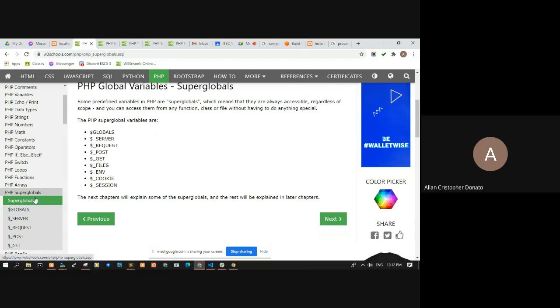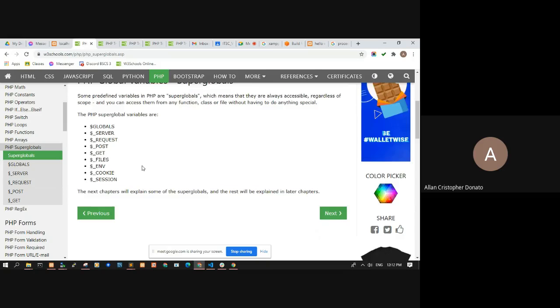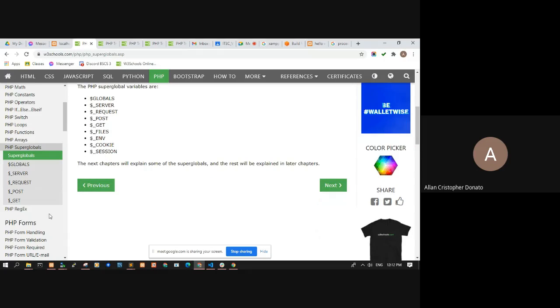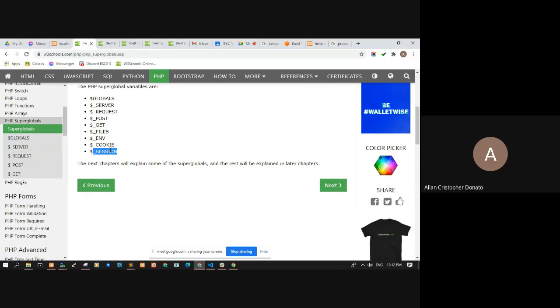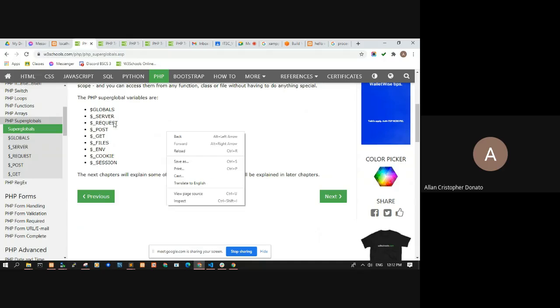In form discussion, we will be using post, get, we can also use request, and maybe files. And then session and cookie for user authentication. Maybe we can also look at server, how to identify different information from our web server or from the user that is accessing the web page, and so on. Okay.